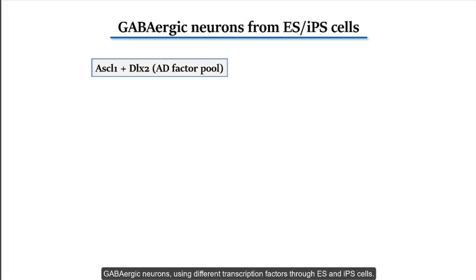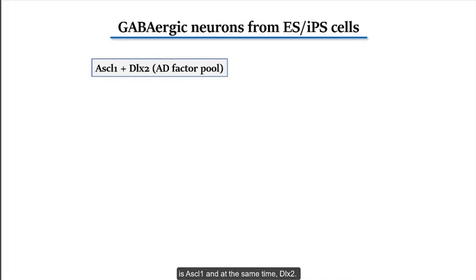We made glutamatergic neurons, so can we also make GABAergic neurons using a different transcription factor? As opposed to cortical glutamatergic neurons, the GABAergic neurons in the cortex are not generated in the cortex. They are generated in the ganglionic eminence, the MGE and LGE area, and they migrate to different places, including the cortex, the striatum, and the olfactory bulb. Also, they express different types of transcription factors. So we screened for that, and we came up with a set.